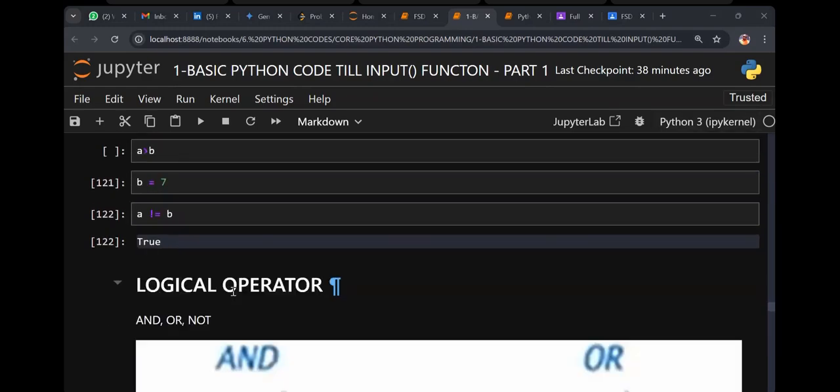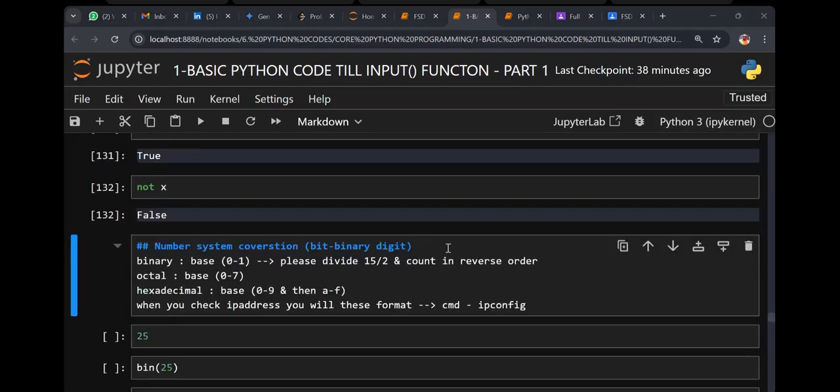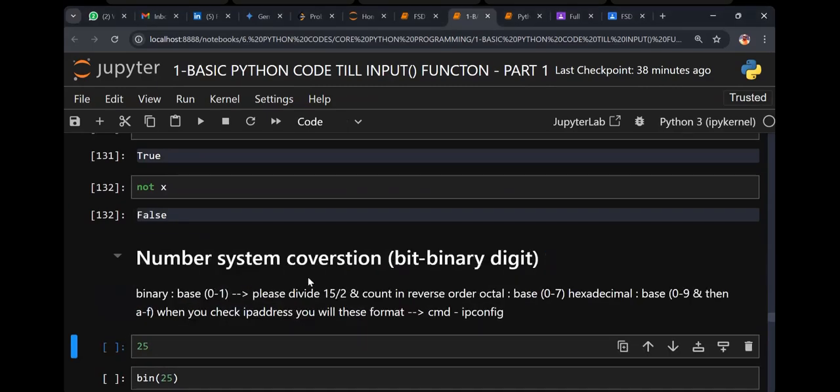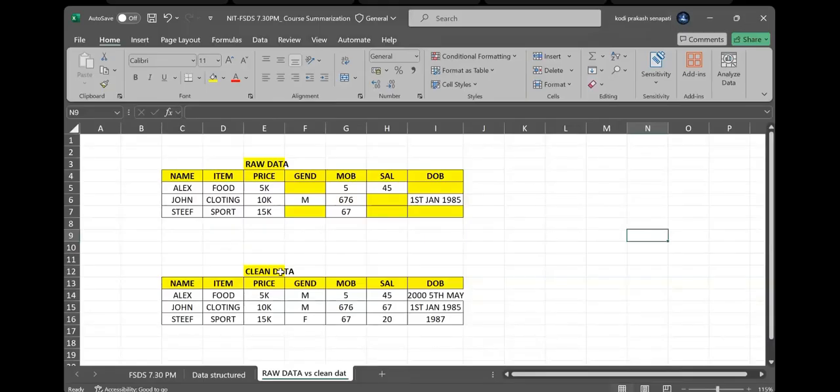Today, we will introduce only a Python basic part. There is something called number system conversions. So in Python, we have a few concepts: binary system, octal system, decimal system, and hexadecimal system.